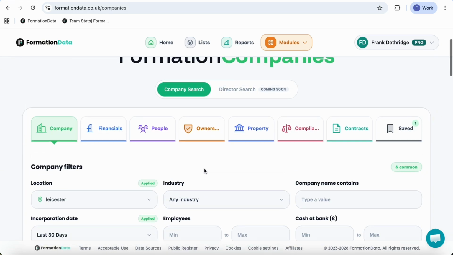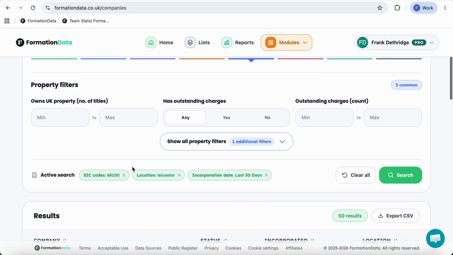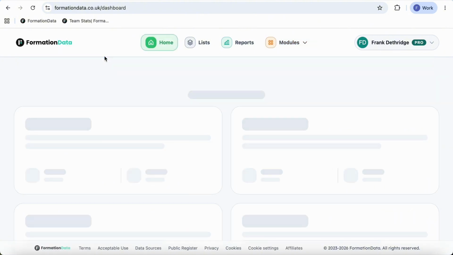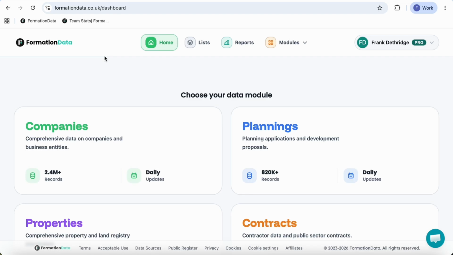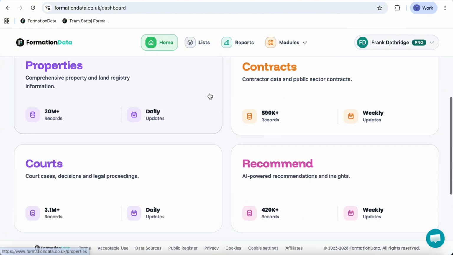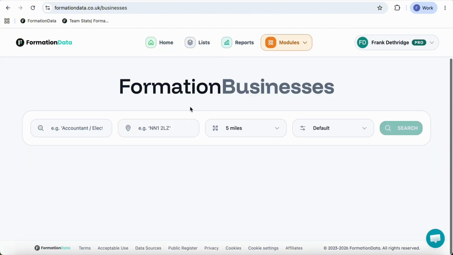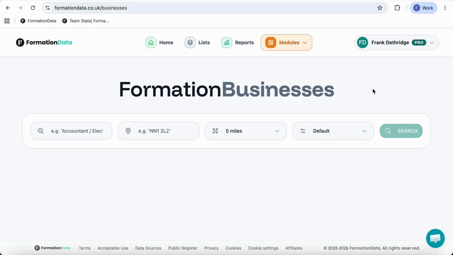You can actually go a bit further. You can filter it by all date ranges in Leicester and look for people with 20, 30 properties. So you can locate the businesses that are trading properties multiple times a year to look for those bigger client sets. Another good module is Formation Businesses, as you'll be able to identify other businesses that might need you